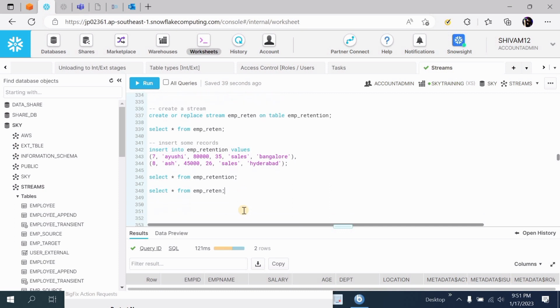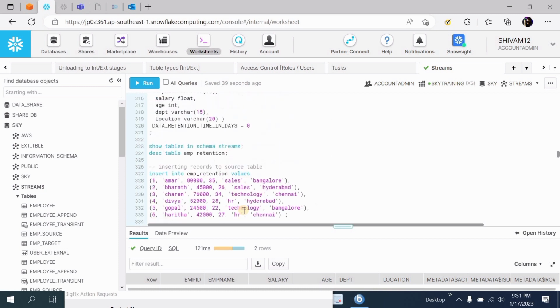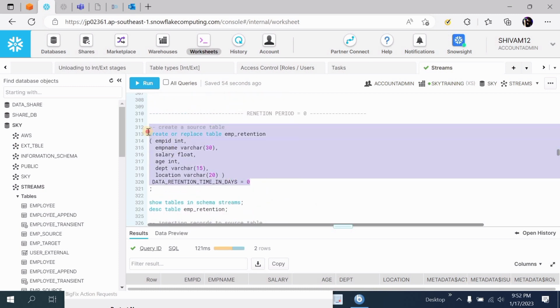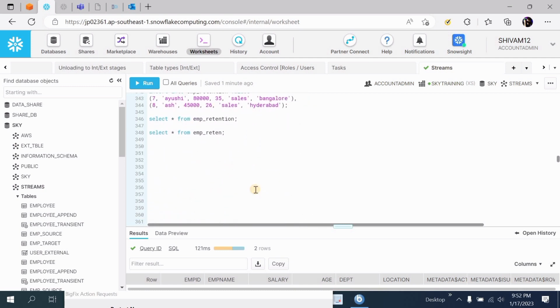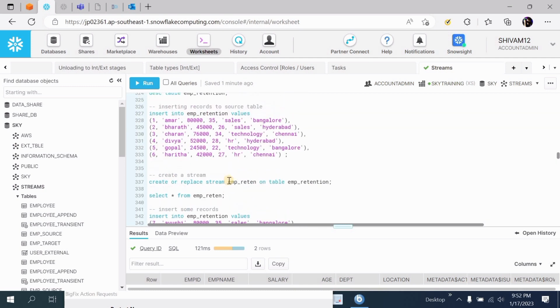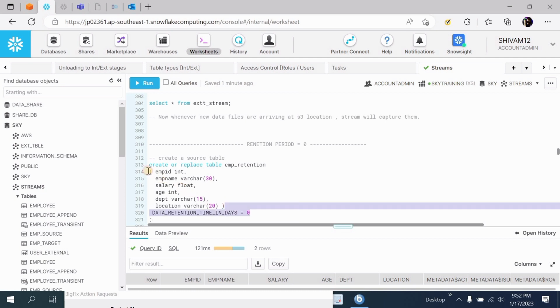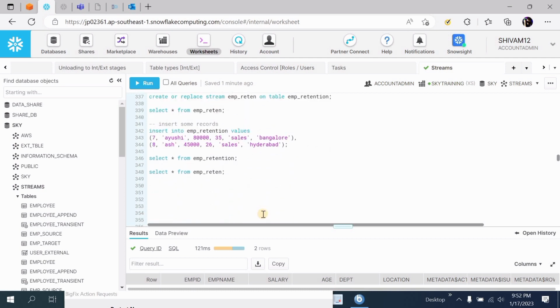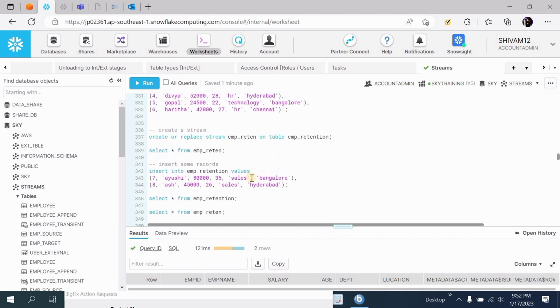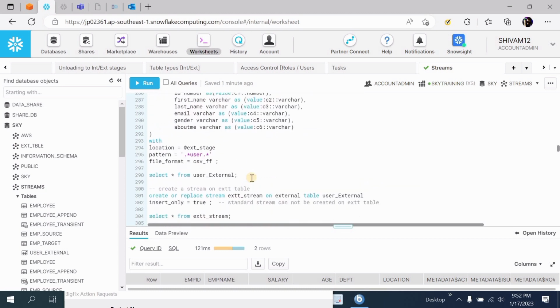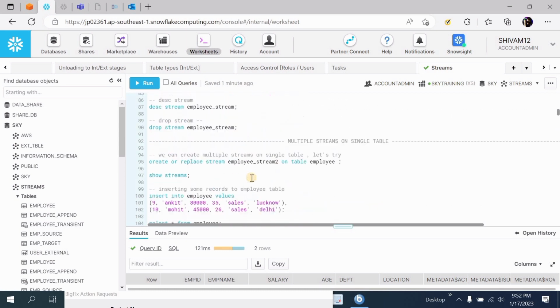So putting a table's retention period equal to 0 days will not impact the stream, as we have discussed earlier. Now we have seen how we can put the retention period of any table to 0 days, and still our stream is able to capture whatever changes we make to the table. That's all about the retention period equal to 0 for any table.